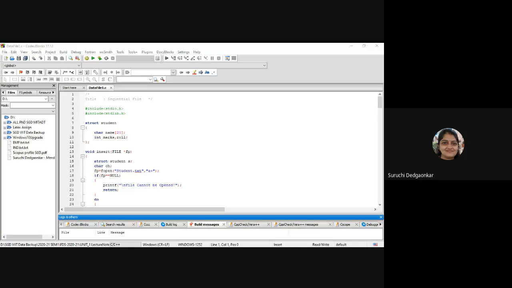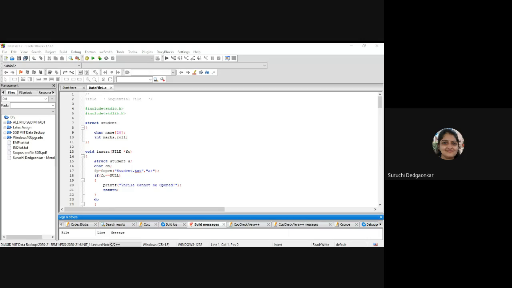First we have to insert the records, that means we have to create that record file. Then we can access the records, just go through all the records, that is display or visit every record. Then we can search a particular student using his roll number or year number, etc., in the database of students.